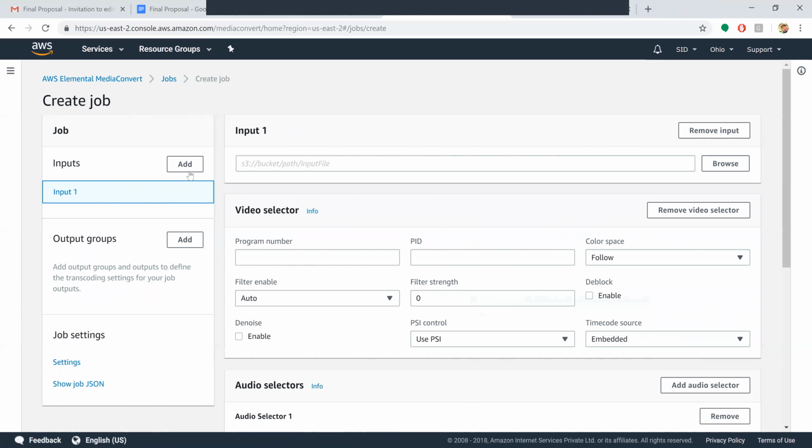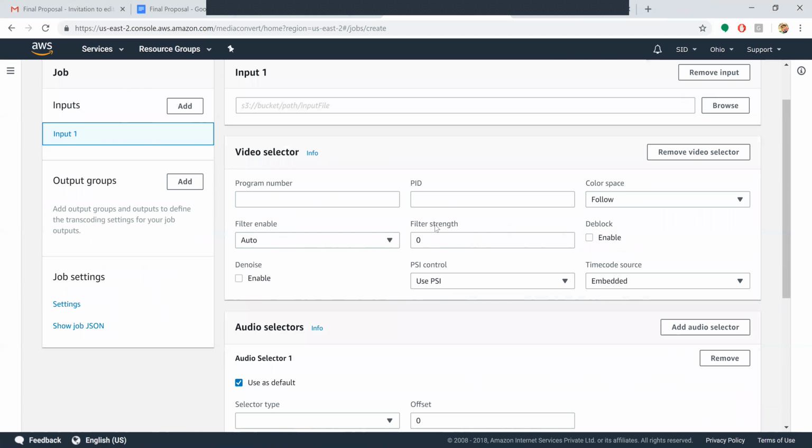We have our inputs, that is the bucket path name or the storage path name, and you have your video selector. That is your program number, PID, color space, filter enable, and everything.